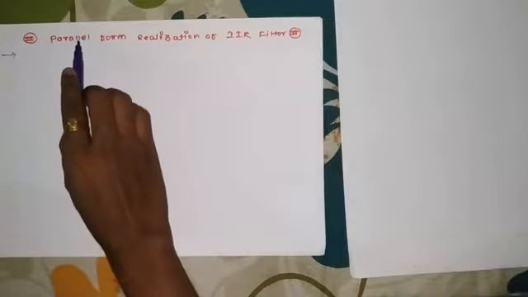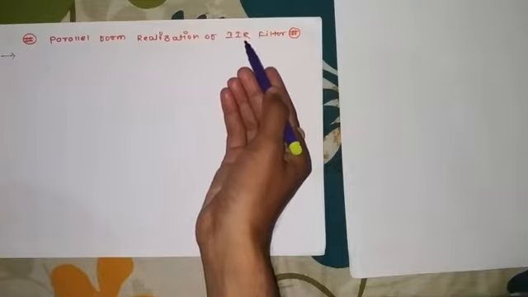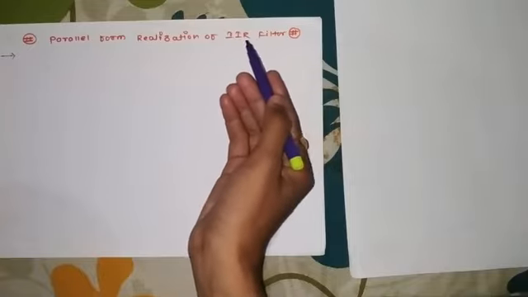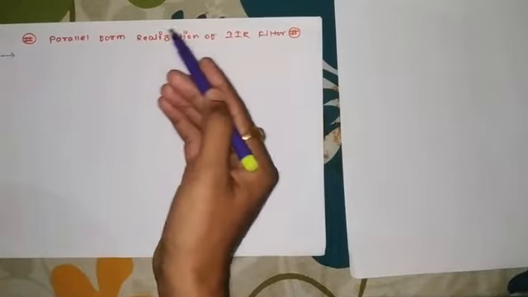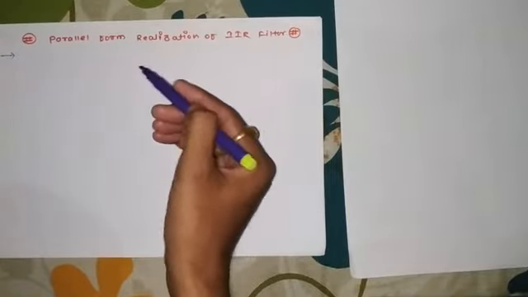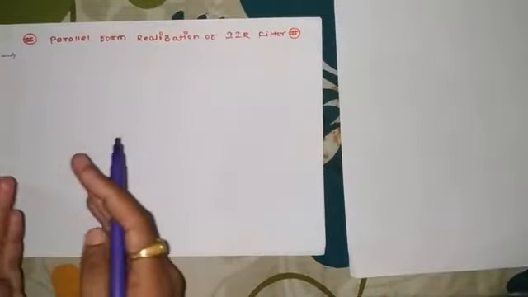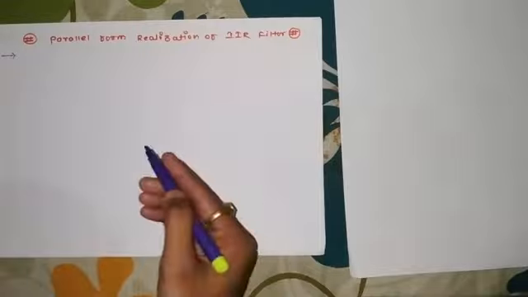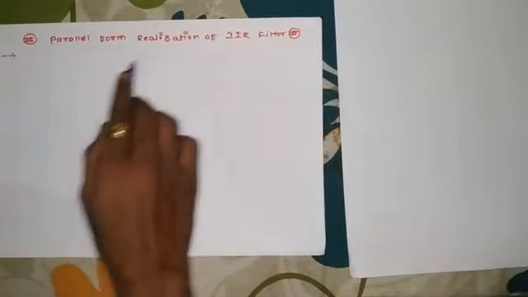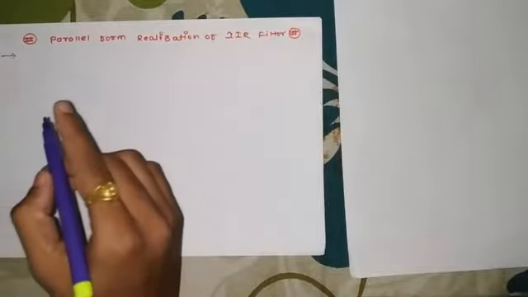Now in this case the name itself indicates parallel. That means here the different IIR systems will be connected in parallel with each other. That means in this case their transfer functions are going to be added with each other. Now in order to get a system transfer function which has several transfer functions added with each other, in general we should go for a method called partial fraction expansion. And hence, while realizing an IIR filter using parallel form, the very first step will be to go for partial